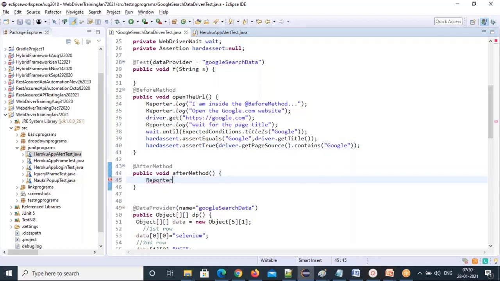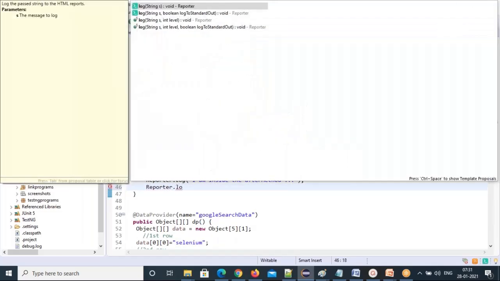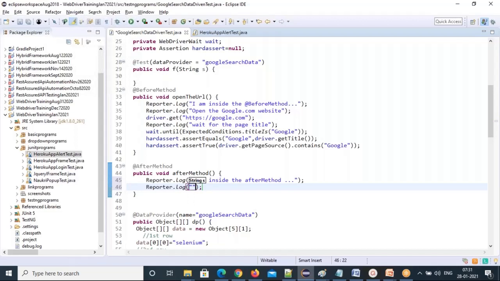I'll just clear the cookies. Reporter.log: clear the cookies. So I'm inside the after method annotation. In the after method, you can delete the cookies.